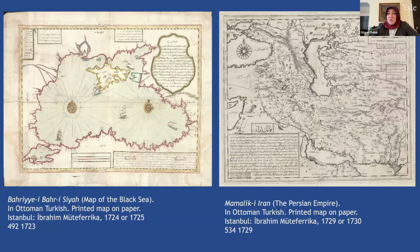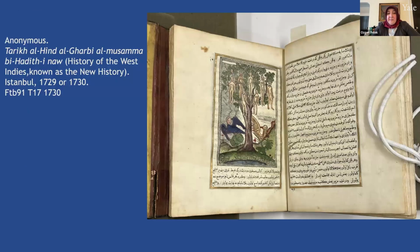In the exhibit, we have 2 of these maps printed by Müteferrika, the maps of the Persian Empire and the Black Sea. Yale's copy of the map of Persia is the only known copy in the United States, and the map of the Black Sea is one of only 6 surviving copies. Next slide, please. And lastly, this is Hadisi Nev, better known as Tarihi Hindi Garbi, or the history of the